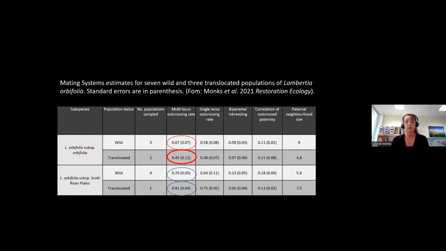So therefore, we will need to monitor the mating system values in subsequent generations, and if we still find suboptimal pollination, we will need to consider what we can do to improve the situation. So these studies have given us a fair bit of information about how well we did in the translocations and what we need to do in future translocations.